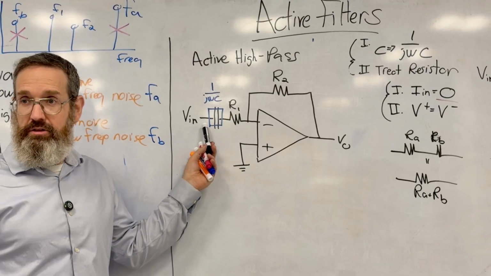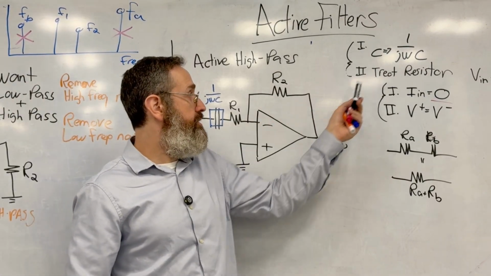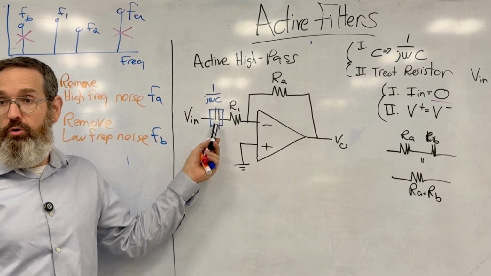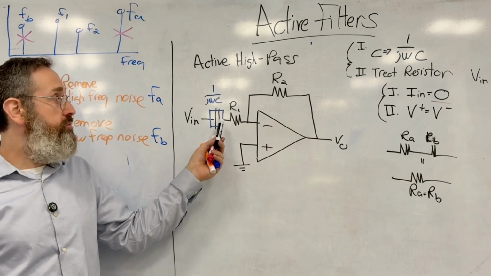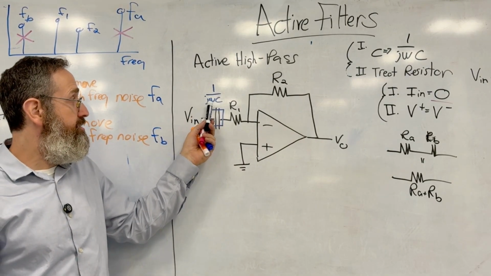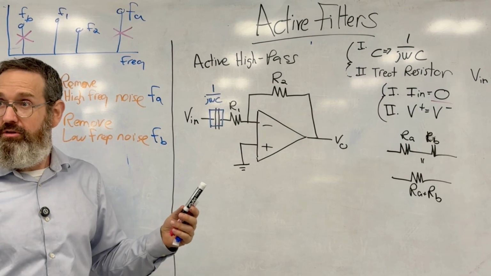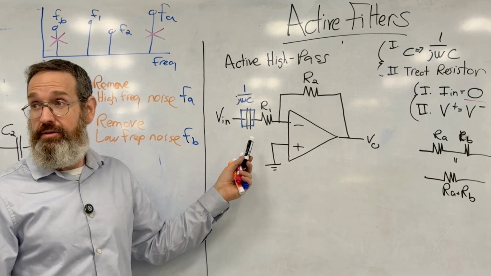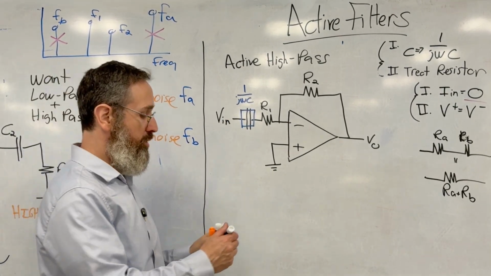It's not a resistor, but I just said you can treat it like a resistor. That's the whole point of the exercise, that you can pretend like this is a resistor with the value 1 over JWC. It's remarkable that you can do that, but you can do that. And so therefore,